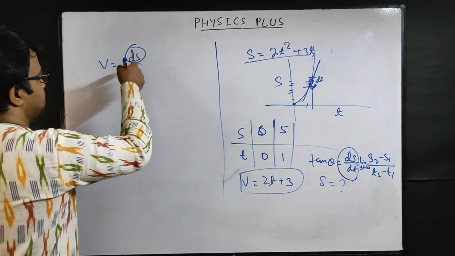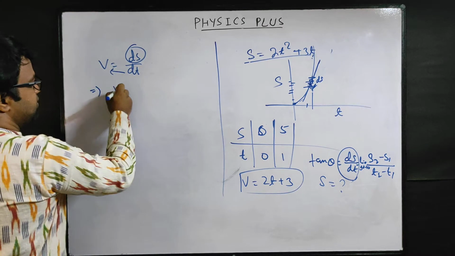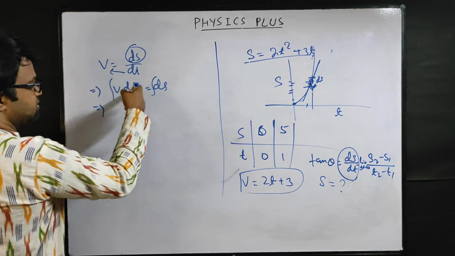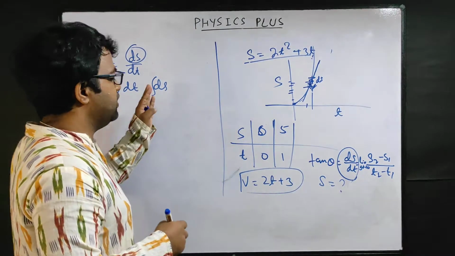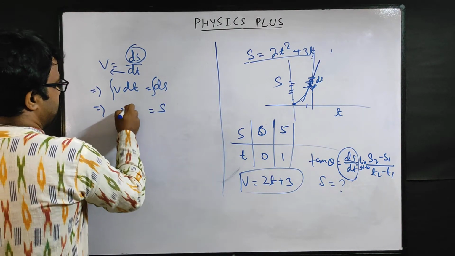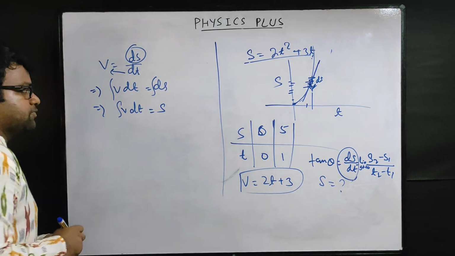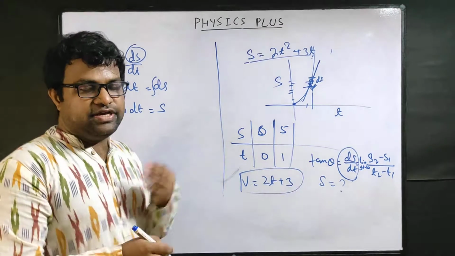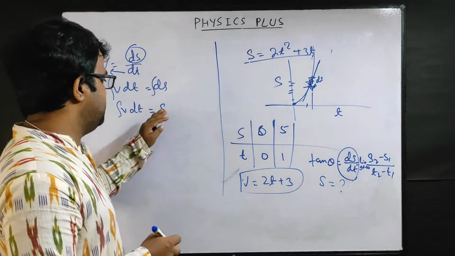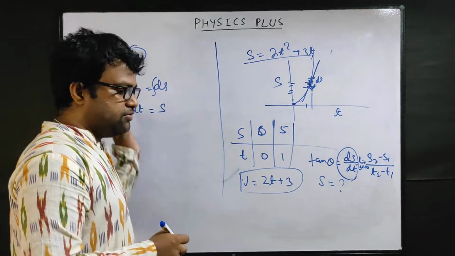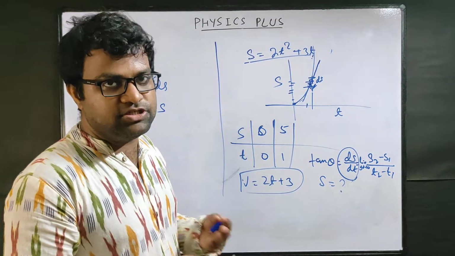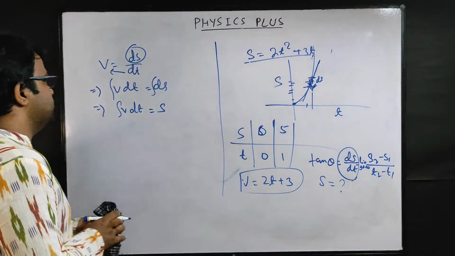So in this method, suppose v is equal to ds by dt, then you cross multiply, that is v dt is equal to ds, or you can say integrating both sides. This is the symbol of integration, like a slightly longer s. So integration of ds will give you s, and for v dt we calculate the integration of v dt. So when we integrate v dt we will get the displacement. Basically when you solve one or two numericals, you will get that. First let me write down the rules of differentiation and integration, then we will solve one or two numericals.